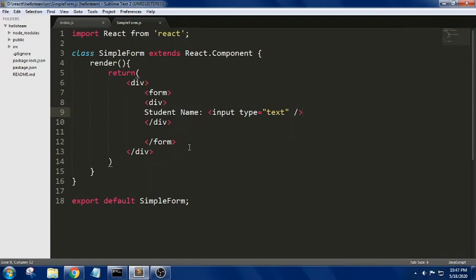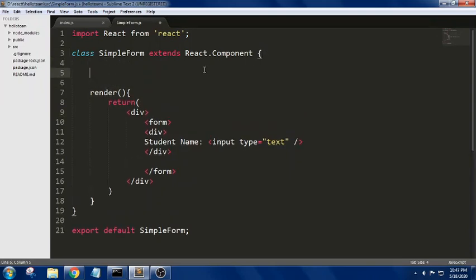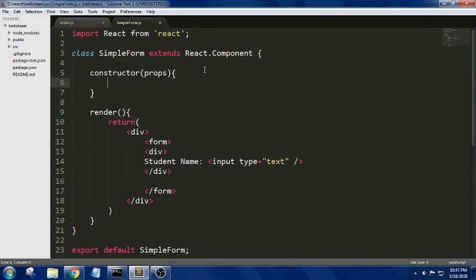So let me add a constructor to this, which accepts props as a parameter, and we are trying to pass it to the base class constructor using the super keyword. In this we will be adding a new state property.